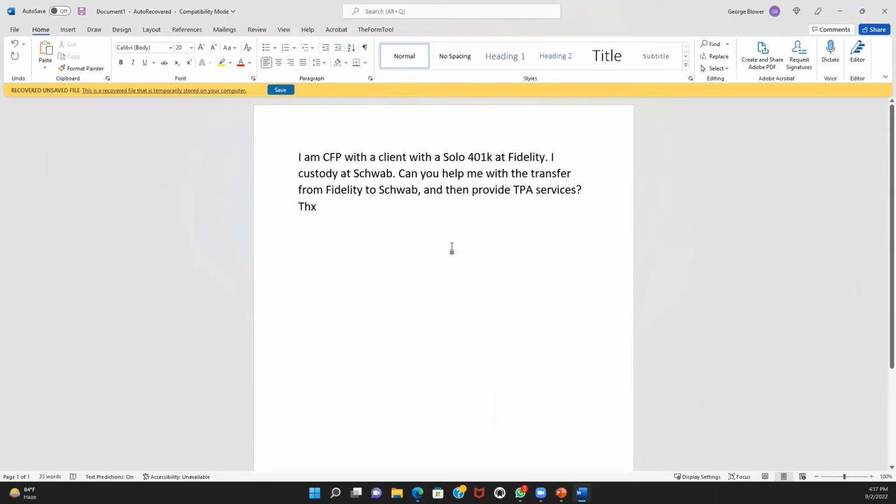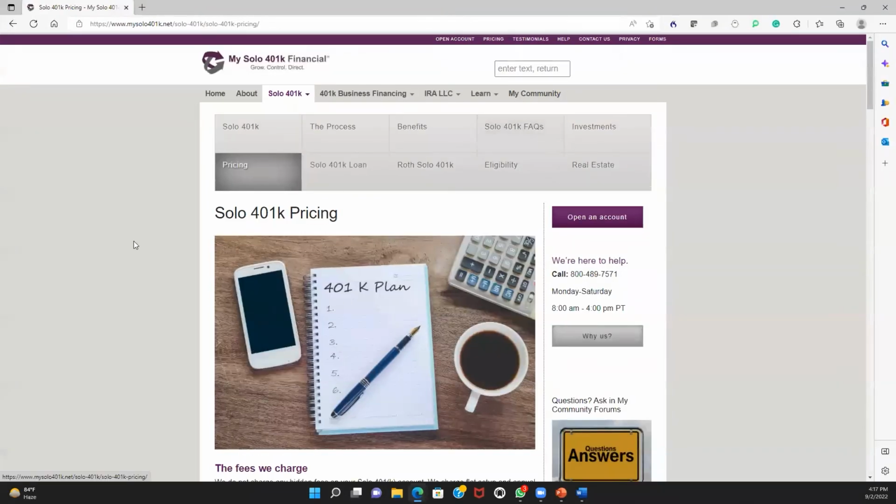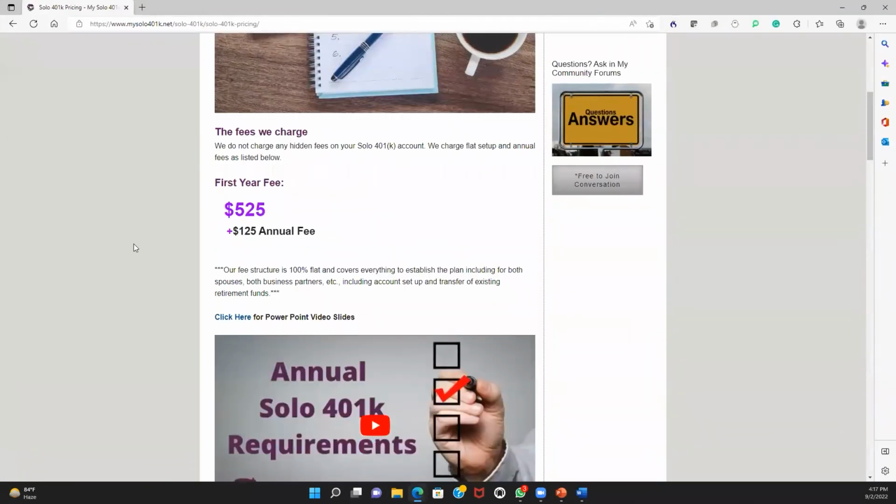One additional point that I would clarify is that we are technically not the administrator, although we provide all the ongoing compliance support for the 401k. So it's administrative type services, but we're technically not the administrator, we're the plan provider. Some things we handle automatically, like mandatory plan updates and amendments. Other things we handle as a function of what's going on. Like we handle all the documents to establish the plan, open the accounts, and the transfer.